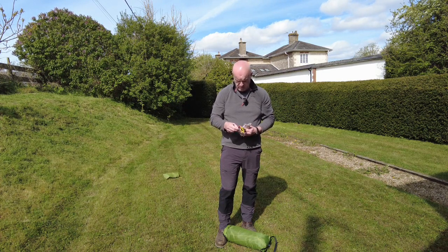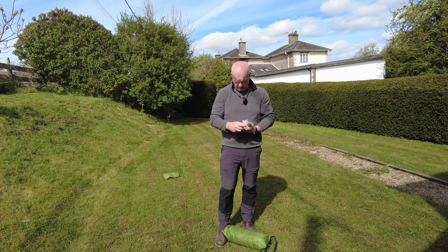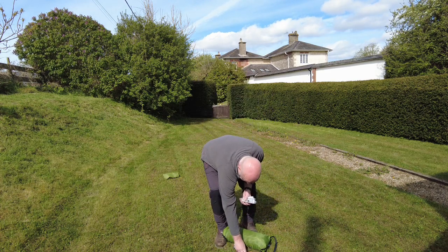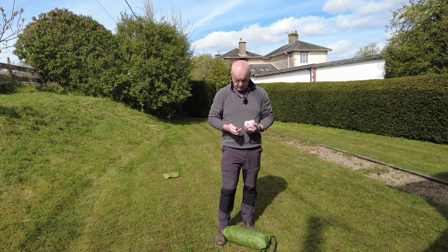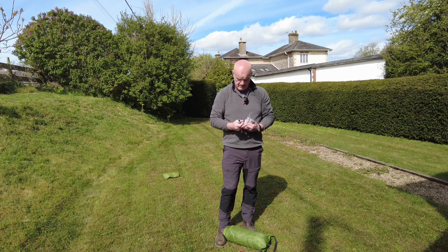pegs, but these are quite short pegs. So I have got a load of other pegs that I may swap rather than taking these ones. Although this time of year, particularly with the weather we've had recently, the ground is so soft, so you may actually need longer pegs. But it comes with its own tent sealant and tube to